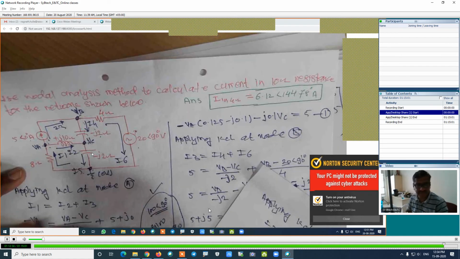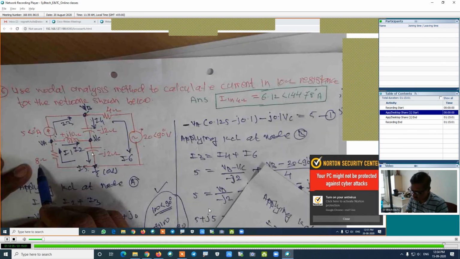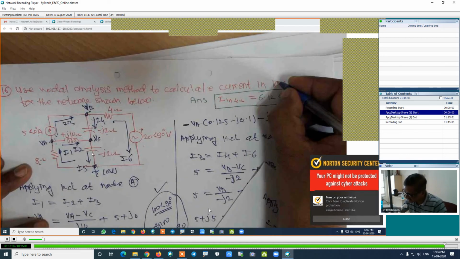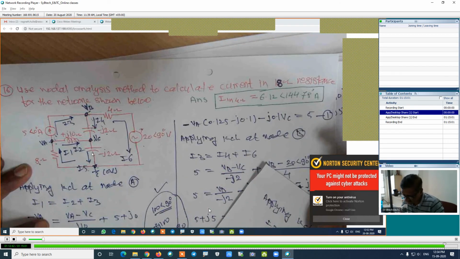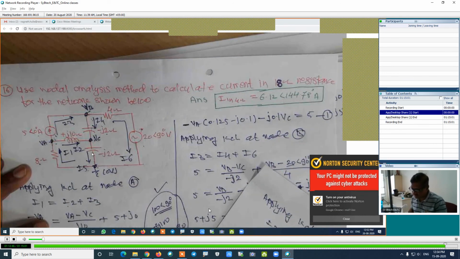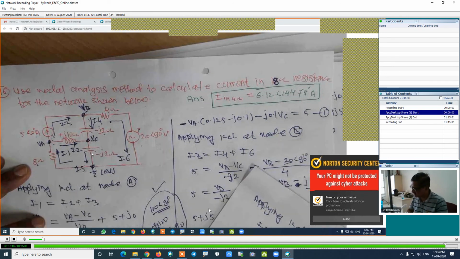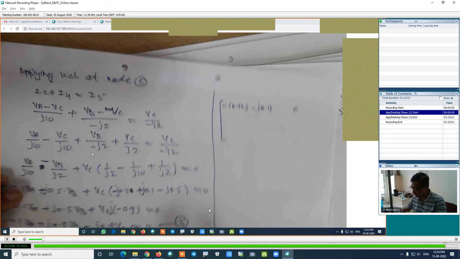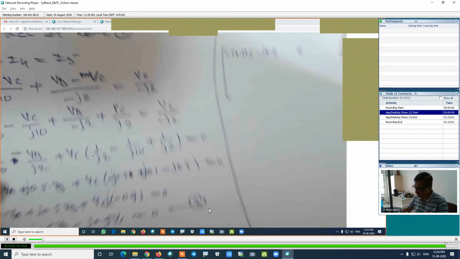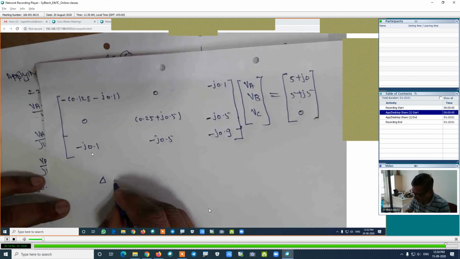Otherwise, I will modify because 10 ohm resistance is not there. It has to be 8 ohm. By mistake I might have written it. This is 8 ohm. Is it right? This is 8 ohm. We have to find the current in this 8 ohm resistance. We are interested in the calculation of I1. If we have to find I1, here in this particular case we have to find out the delta first,